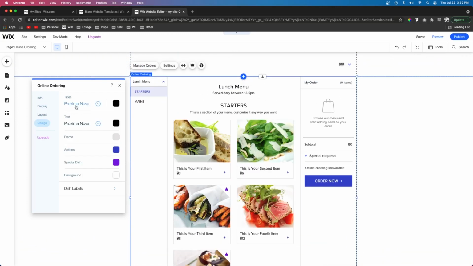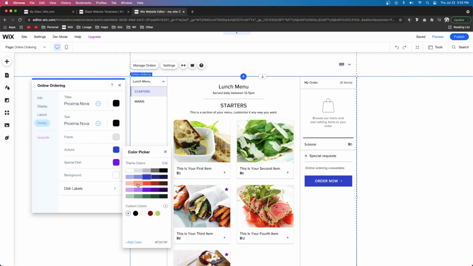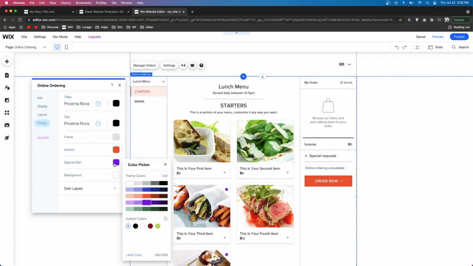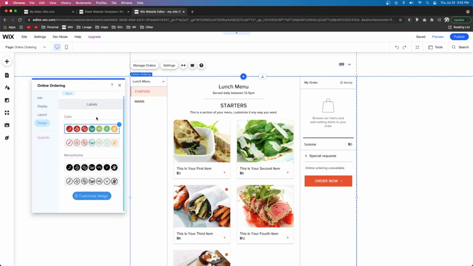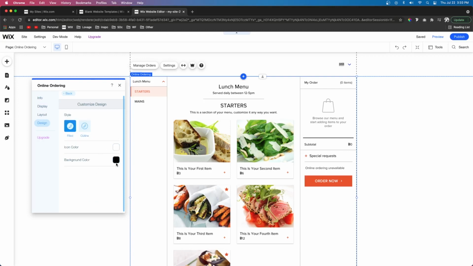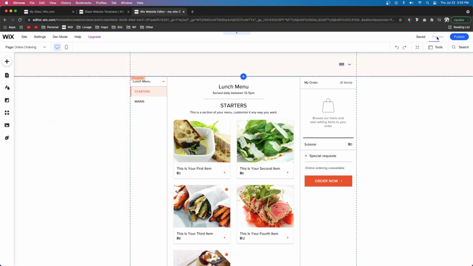Then if we come over to design, here we can set the fonts, the colors, and we can change the colors for the buttons and stuff like that as well. And then if you have dish labels such as spiciness, vegan, vegetarian, non-gluten, stuff like that, then you can come over to labels and you can choose whichever one you want to use. For the Editor X site I was using this set right here. And then if you press customize design, then you can also set the colors for those as well. But if we preview the site,